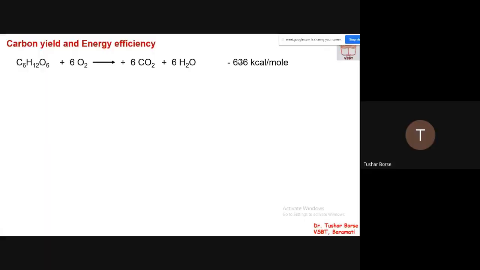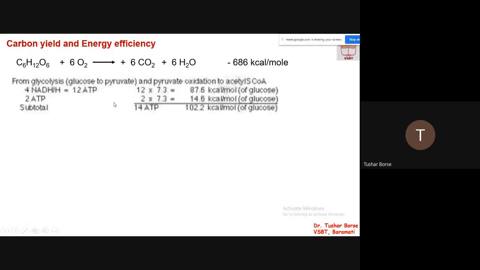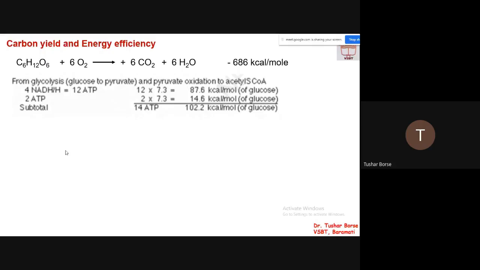The question is whether the cell is converting this whole energy into the usable form of energy, that is the ATP. Whether the efficiency is 100% or something else. So you can see here that when your glucose molecule is entering the cell, in glycolysis it is forming two pyruvate molecules. Those two pyruvate molecules will be oxidized to acetyl CoA. So up to this particular point, if you calculate how many ATPs are